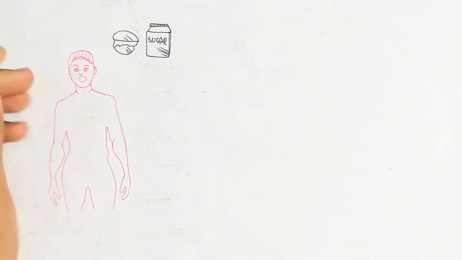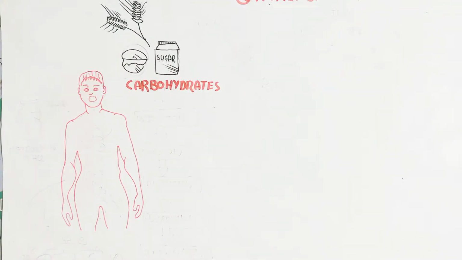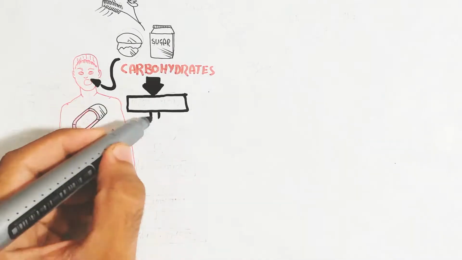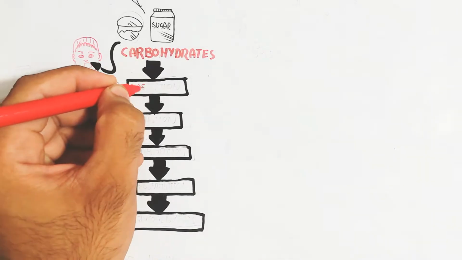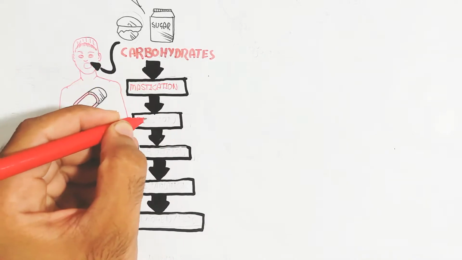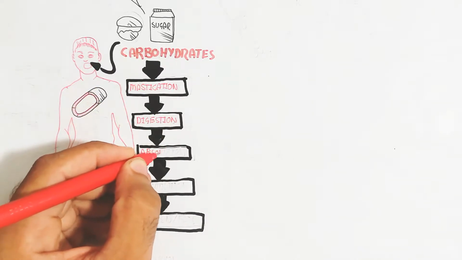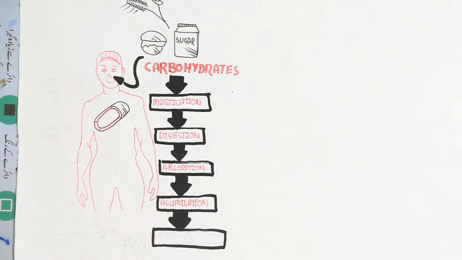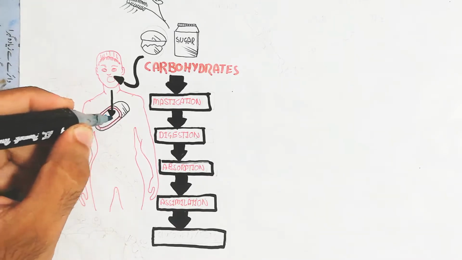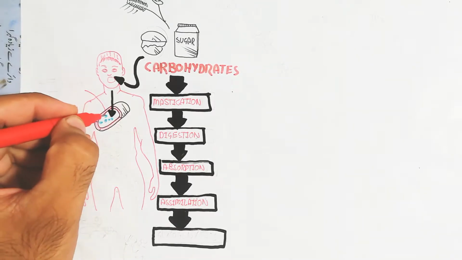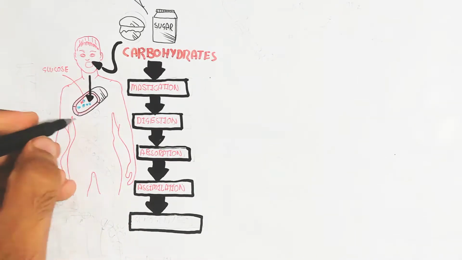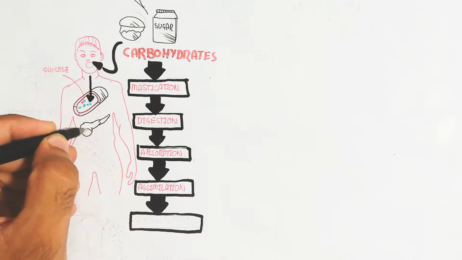This is a person who eats carbohydrates. It means there will be mastication to digest. So mastication to digestion. After the digestion, absorption into the blood circulatory system and the assimilation. Assimilation means the food will become part of the body. And in this way, you can see the absorption into the blood circulatory system, the glucose directly from the